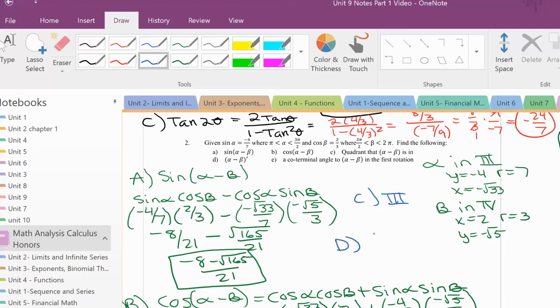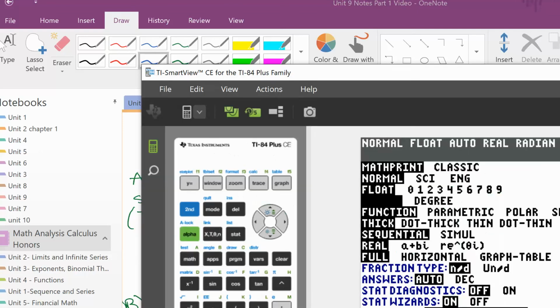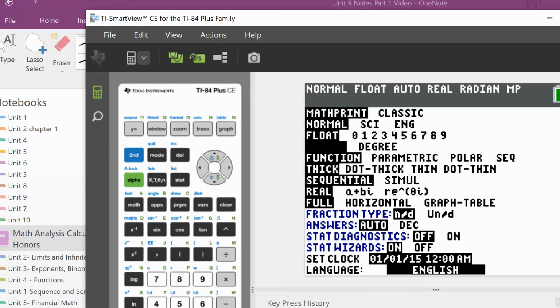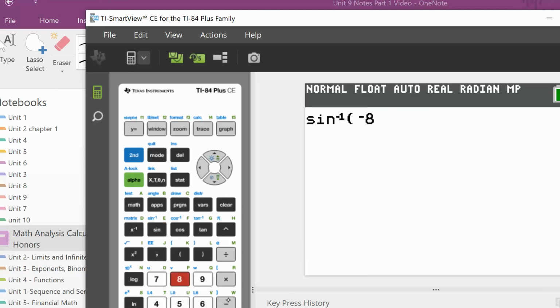So to find part D, you're finding alpha minus beta prime. So to find alpha minus beta prime, the reference angle, you're going to take the sine inverse of negative 8 minus rad 165 over 21. So on your calculator, make sure it's in radian mode because the quadrant boundaries are in radians. So you go second sine